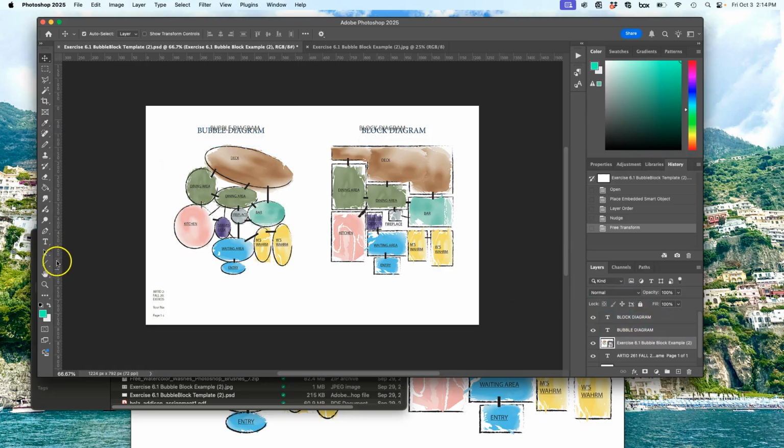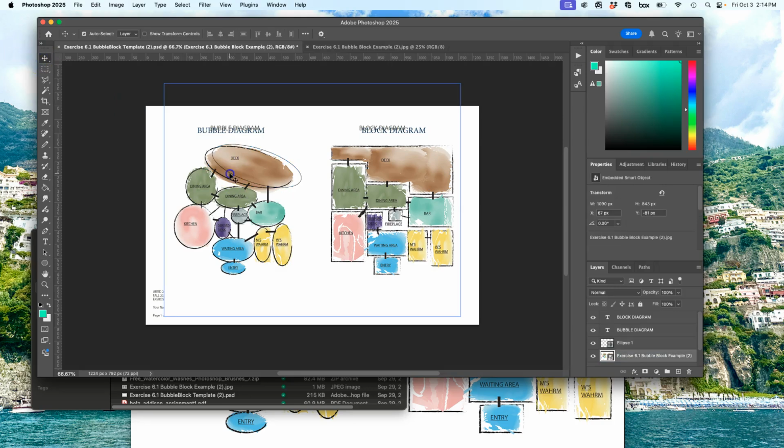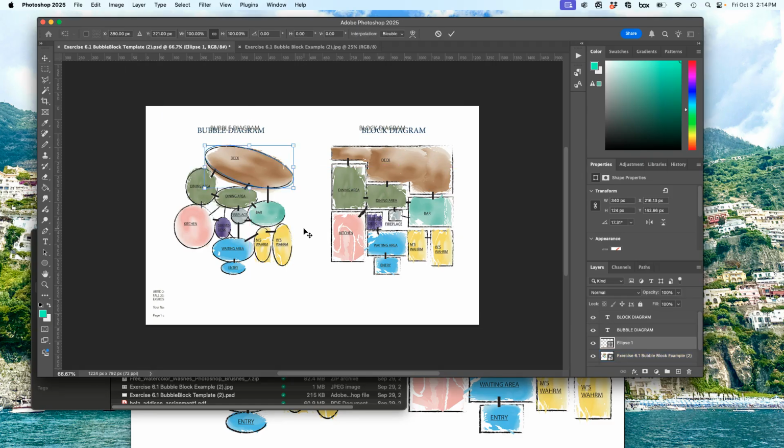First, I'm going to get the ellipse tool, and you'll see I'm kind of just going to have to guess a little bit here, and then I can rotate it and scale it in place. That back image might be a little challenging. I'm going to use the nudge tool to get it into place, and then Control T brings up transform. So now I can get it there, and if you want to change the stroke or anything,